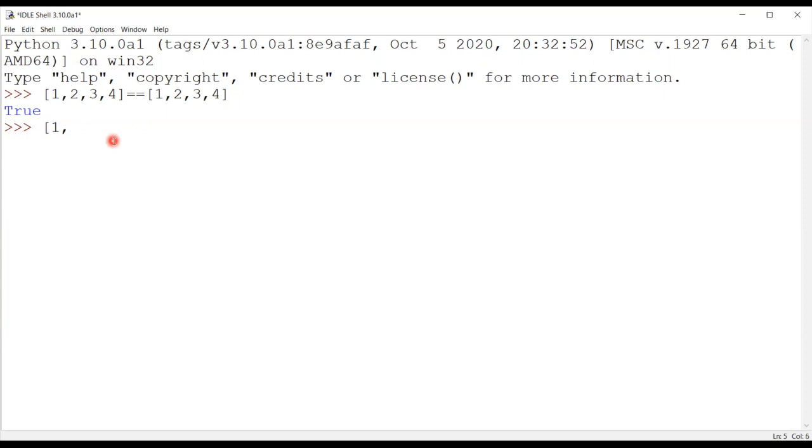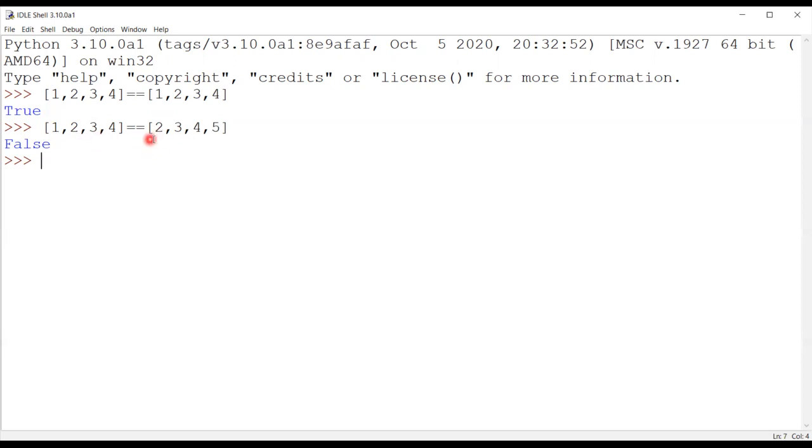For example, if I say [1, 2, 3, 4] is equal to [2, 3, 4, 5], I'll get the result as false. Although both the lists are containing 4 elements, I am still getting the result as false. Why? Because my first element is compared with the first element of the other list, and 1 is less than 2.